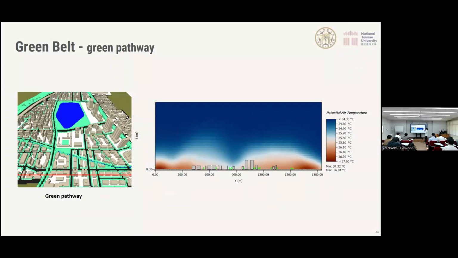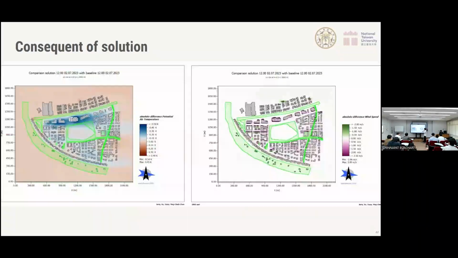And another one is the green pathway. We set trees planted all along this street. And here is the street. We can find that the air temperature distribution is lower over here because of lots of greenery on that street. And here is the video of